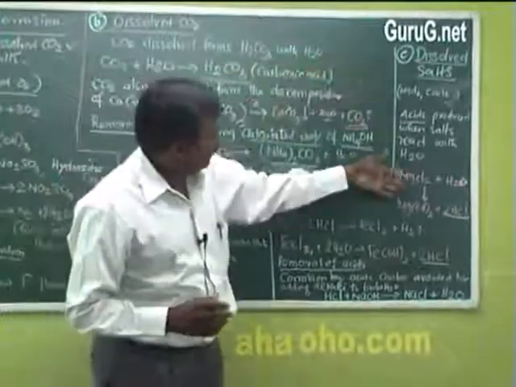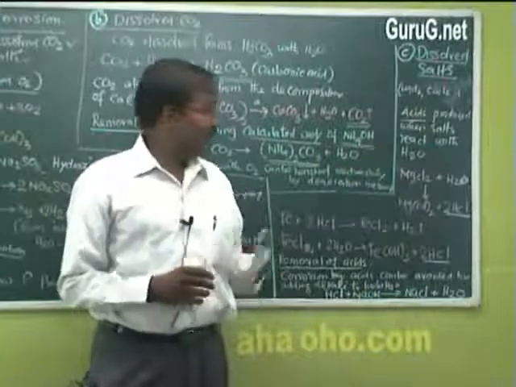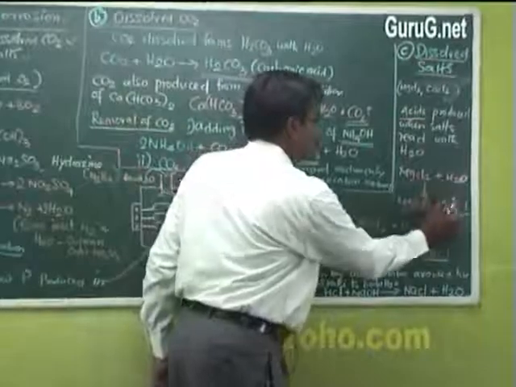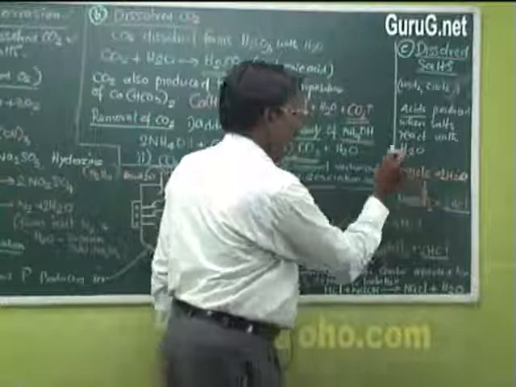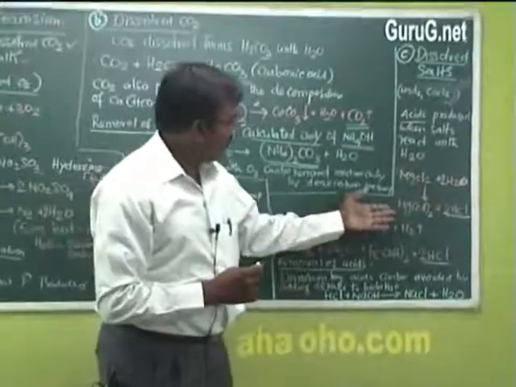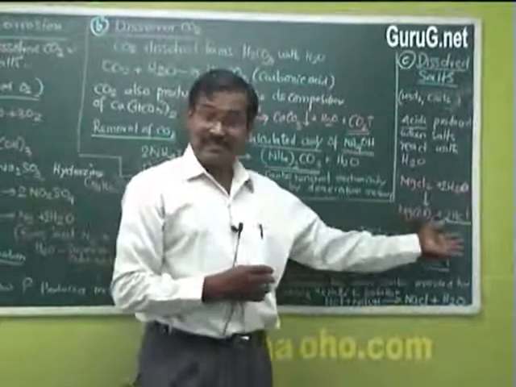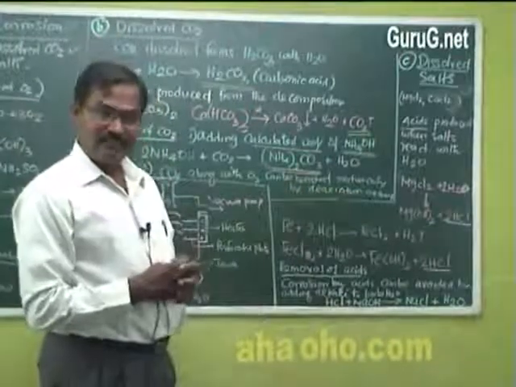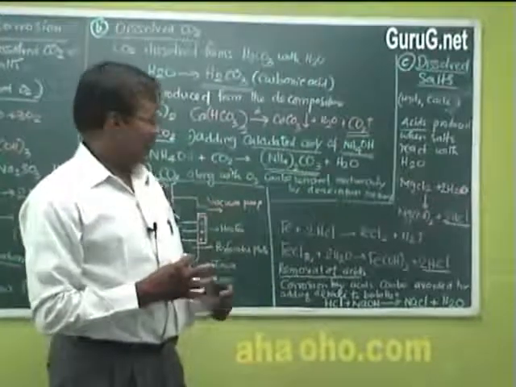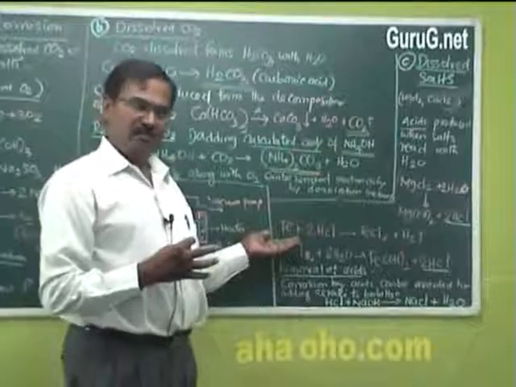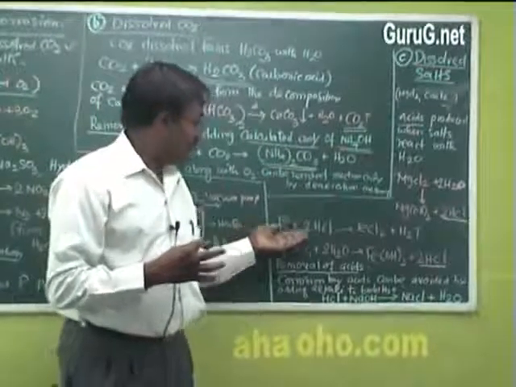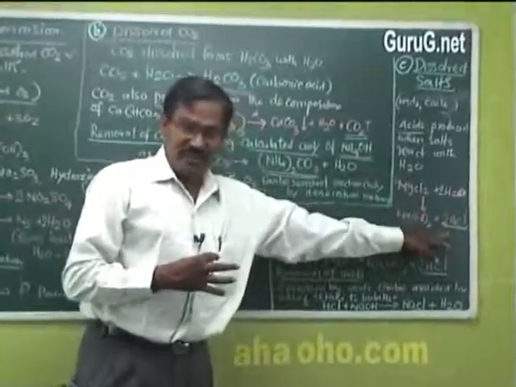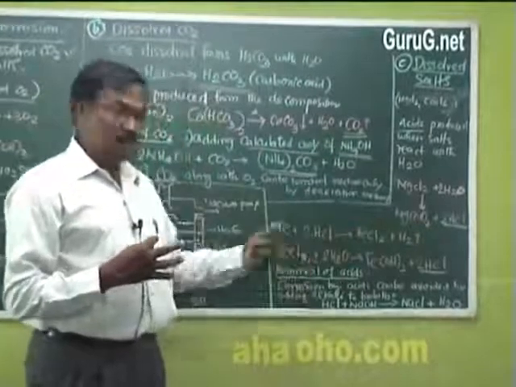So here I have taken magnesium chloride as an example. Magnesium chloride undergoes hydrolysis to give magnesium hydroxide plus hydrochloric acid. Acid is produced, and this acid produced here is corroding boiler metal. See, the boiler is made up of steel. So iron reacts with the HCl produced here, the HCl produced by the hydrolysis of magnesium chloride, which is reacting with the boiler metal,